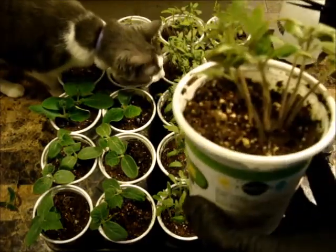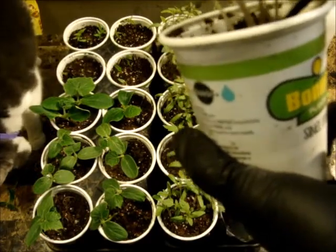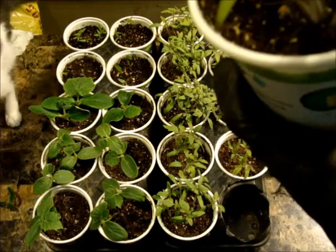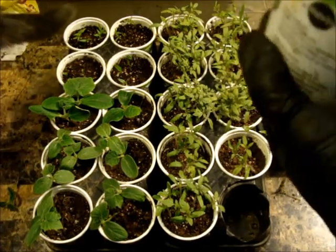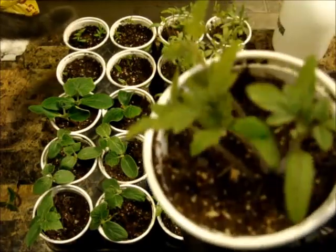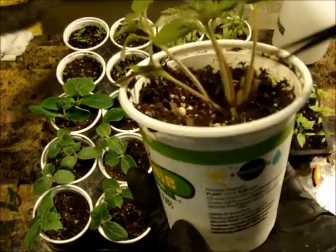As for here, we have a group of determinate varieties of tomatoes. This group of tomatoes will be planted in the greenhouse. It will be for early harvest. This is a cucumber plant. Just for note, I will show you how deep the